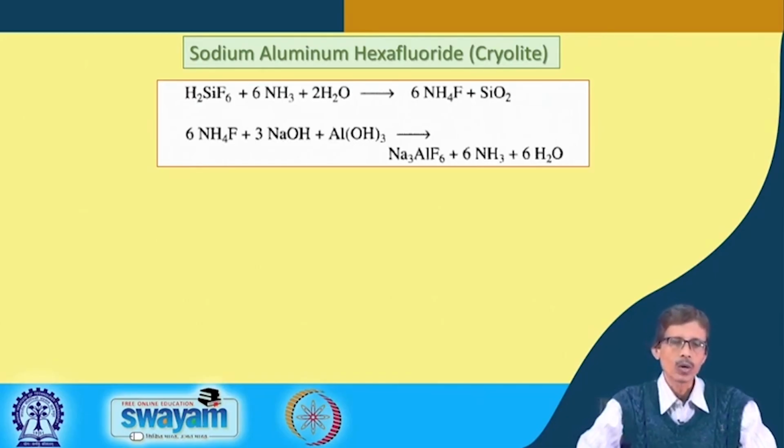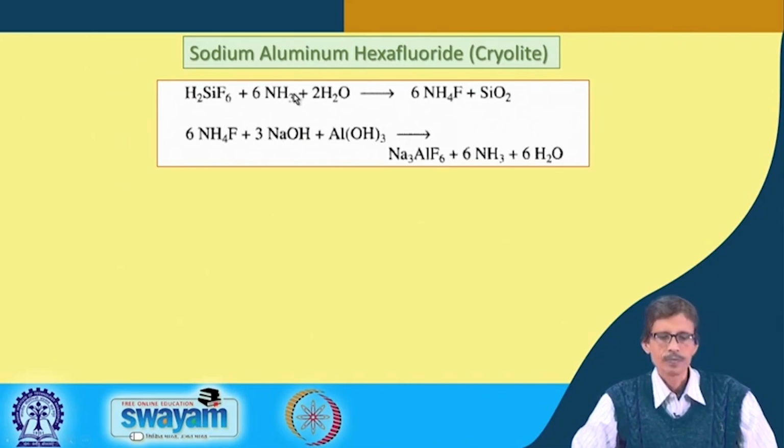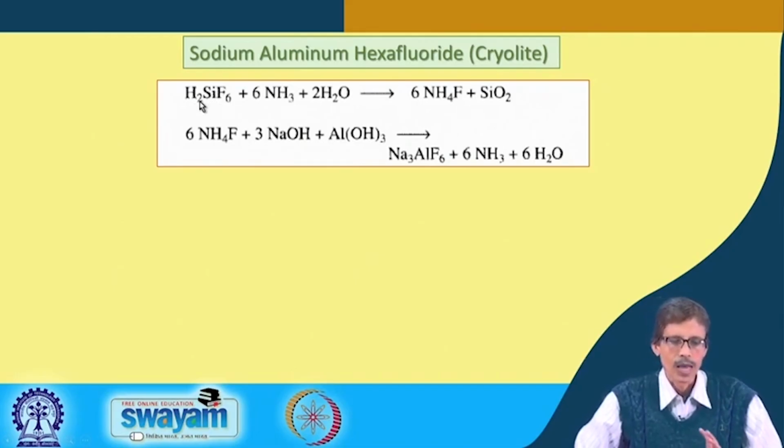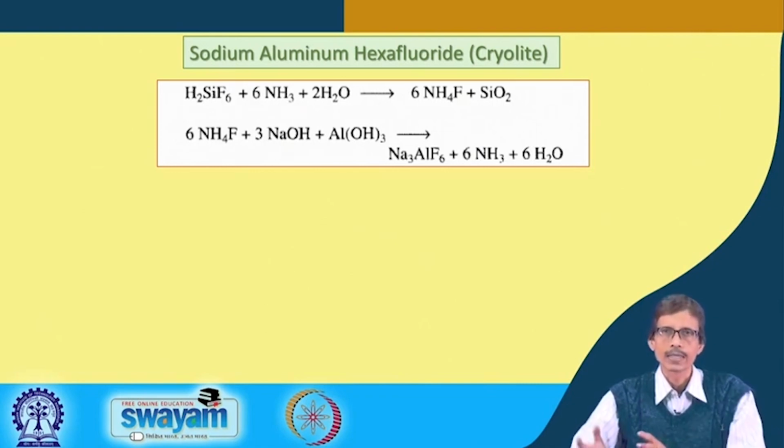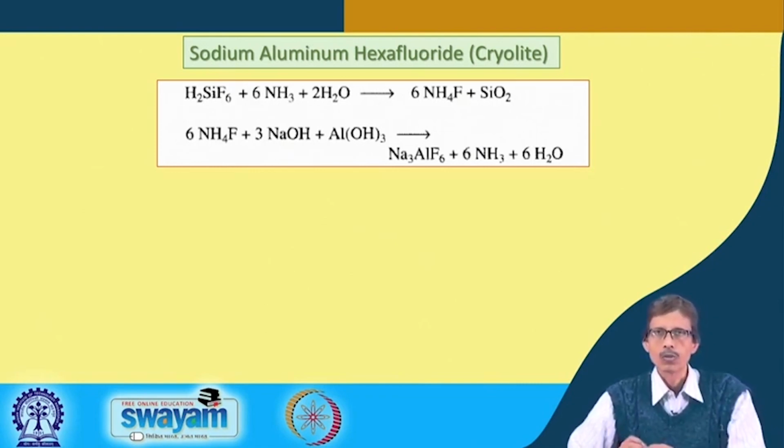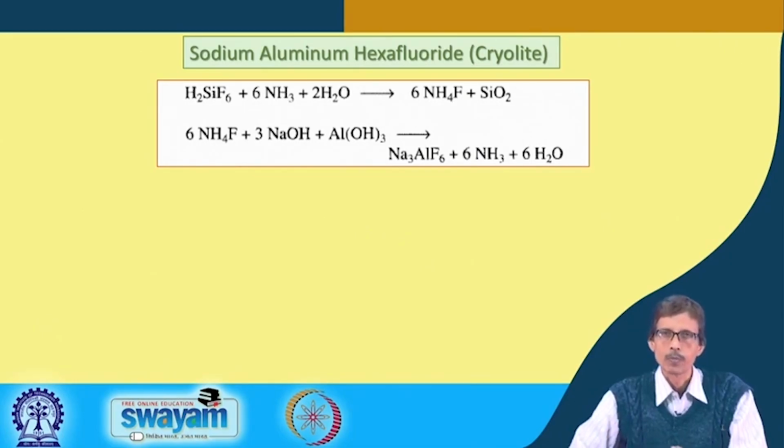Now, we will see quickly the reaction if you allow hexafluorosilicic acid, that means H2SiF6, to react with ammonia in aqueous medium, that means aqueous ammonia. So, what should be your reaction products? On a small scale also, in the laboratory scale, what should be your typical product from that particular reaction? So, one of the important pathways for this reaction is that this